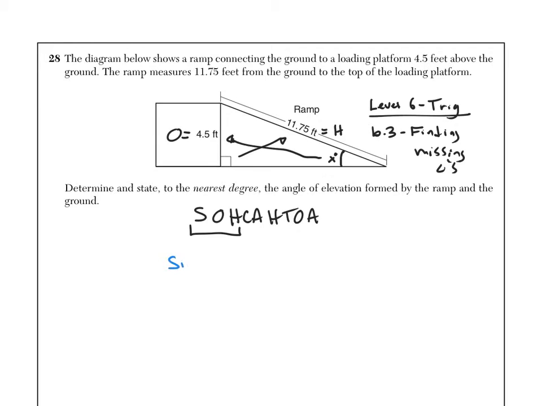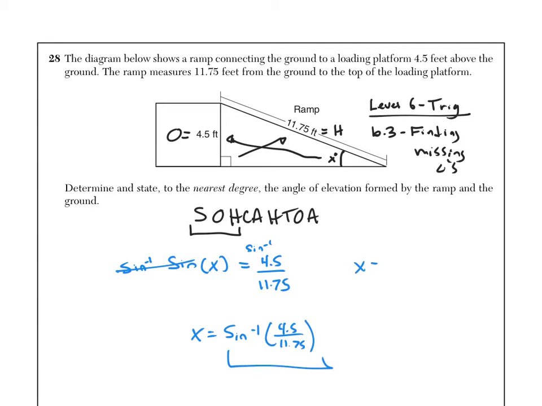So we say the sine of our angle, which is x, it's our unknown, is equal to opposite over hypotenuse. Now to solve this one, to get x by itself, you might remember this, but we use the inverse sine. So we're going to inverse sine both sides. And if you're ever looking for an angle, you're going to be using the inverse sine. Those cancel, and we get x is equal to sine -1 of 4.5 over 11.75. Now this you just put in your calculator, and you should get x is equal to about